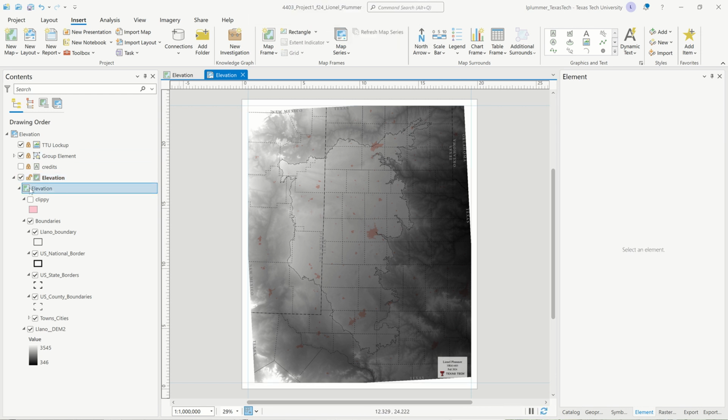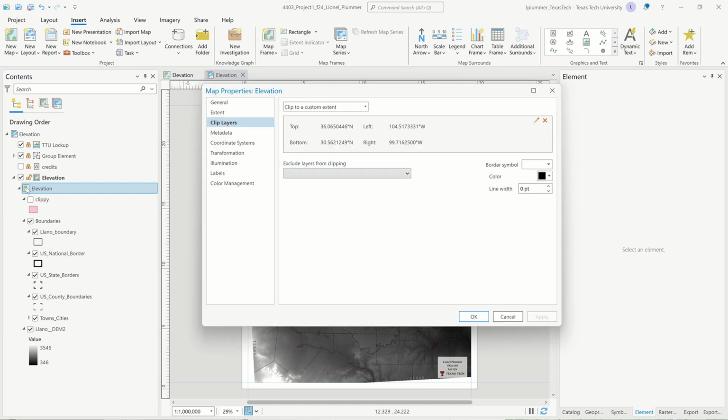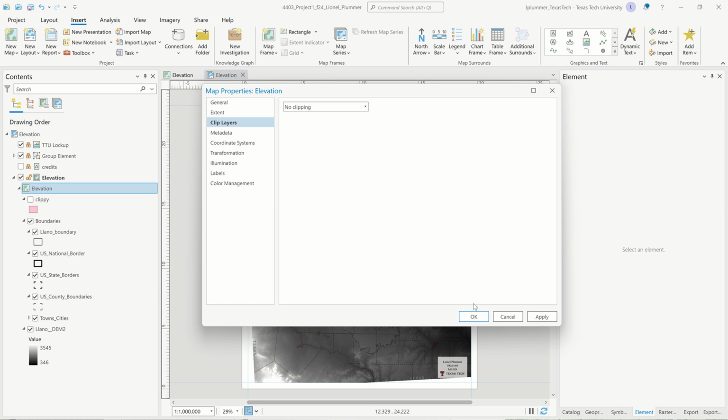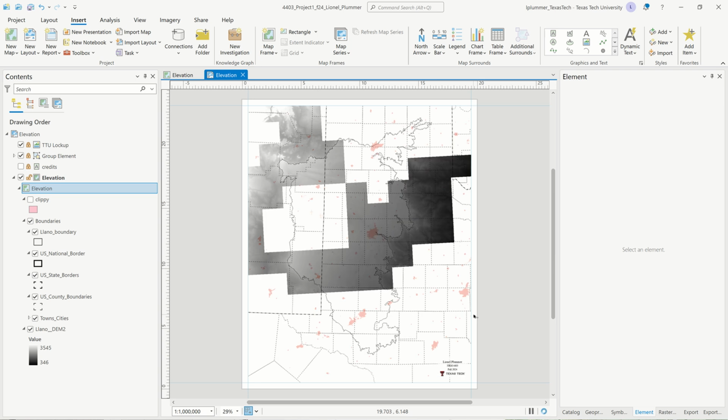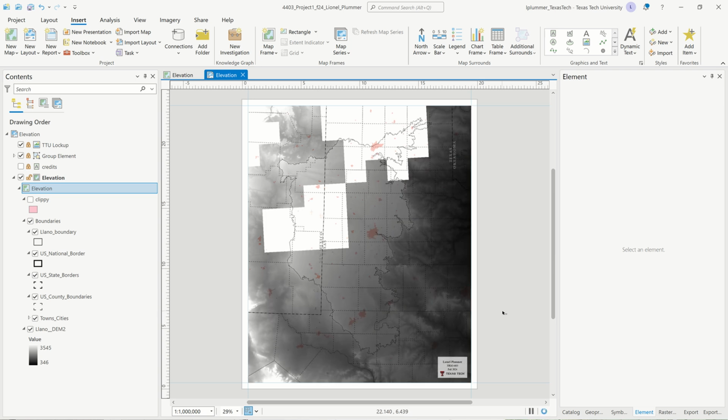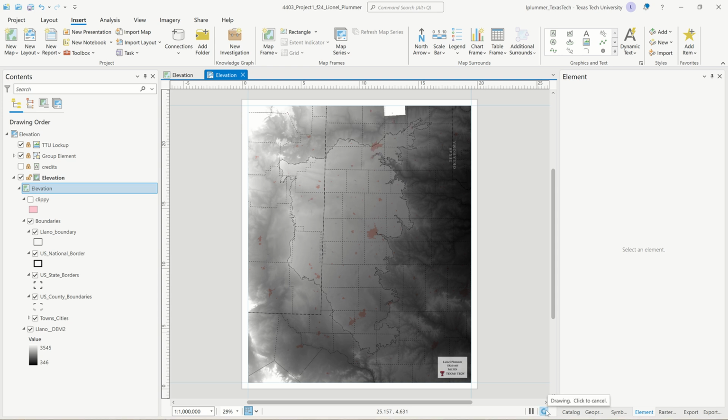Okay, so what we need to do is double click on our map and then delete our clipping from our map properties. And now things are going to fall back into shape. Okay, just give it a little time. There we go. Just click that again. Okay, now